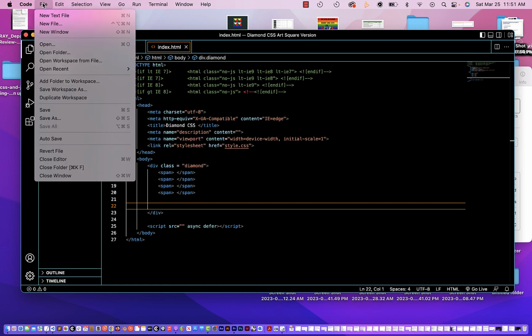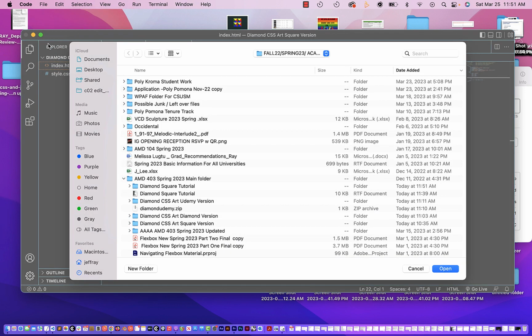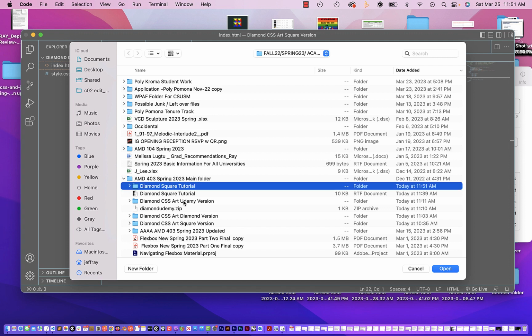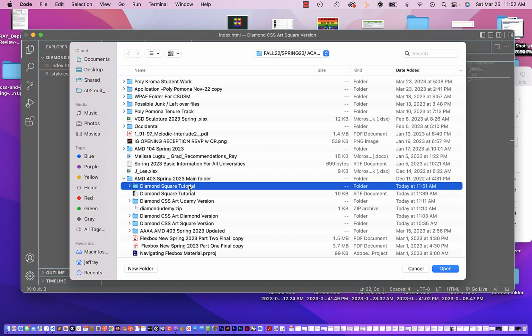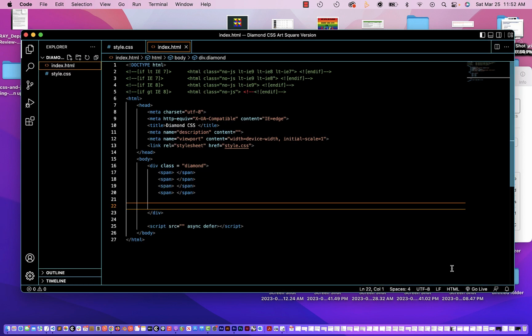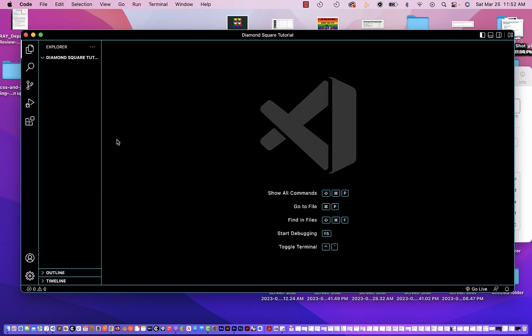And we're gonna go open, and I'm gonna go diamond. Whatever that is, I don't want that. Okay, whatever. Diamond Square Tutorial, open, and you see that it's empty, and we're in Visual Studio Code obviously, and make